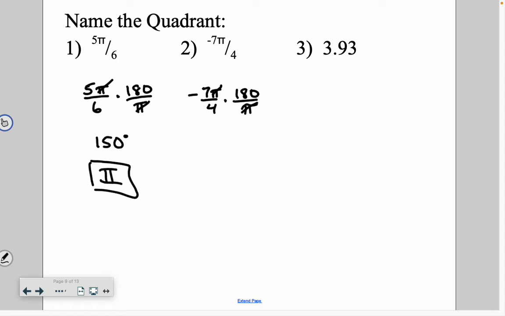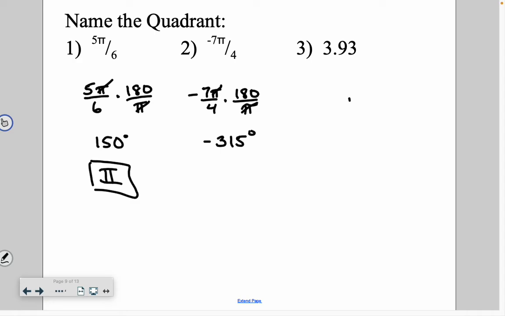And what do we get? Negative what? Somebody do the math for me on that one. What is it? 315? So negative 315. Agreed, by the way? Anybody else confirm that for me? Yeah? Okay. So if negative 7 pi over 4 is actually negative 315 degrees, which again, if we were talking,